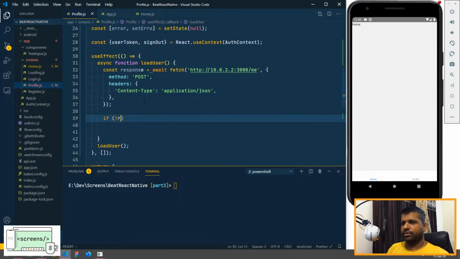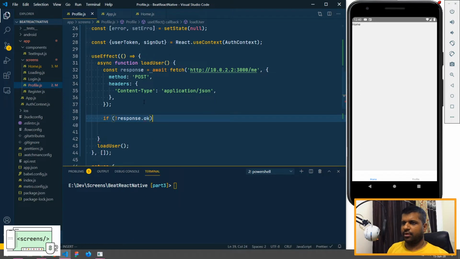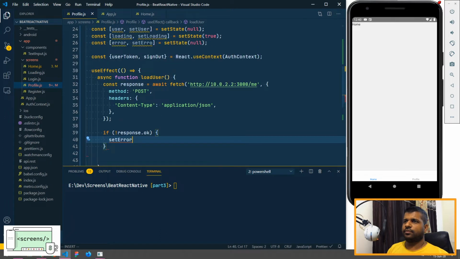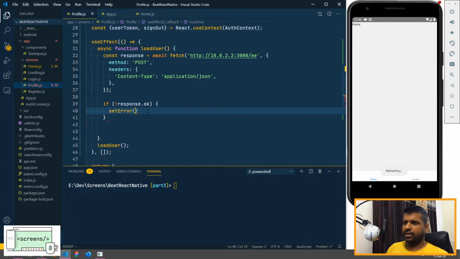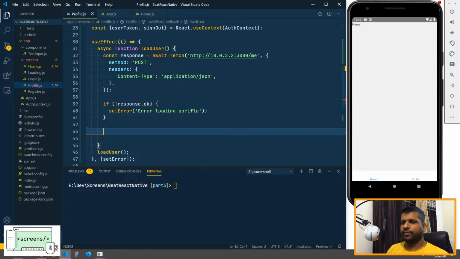If the response is not okay, okay, so this is a typo here. We need to add set error, and in set error I will add a message, error loading profile. Okay, and if everything is fine, I'll go ahead and set the user.